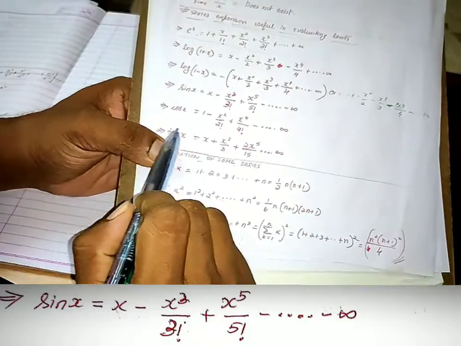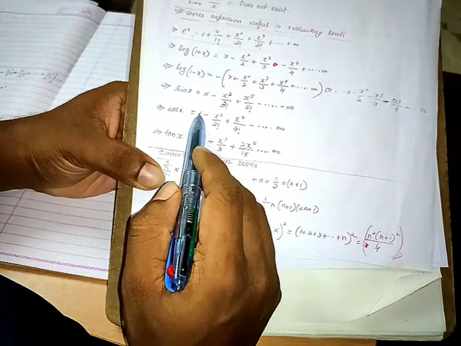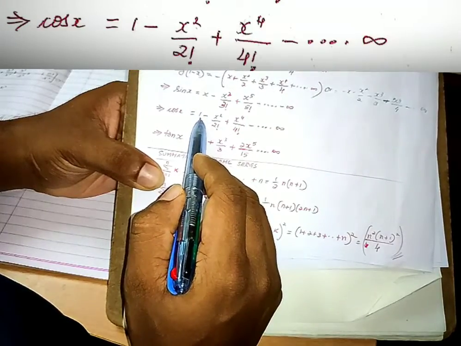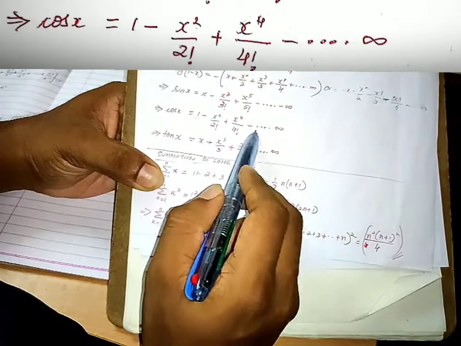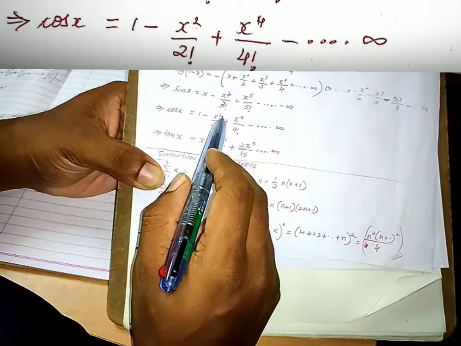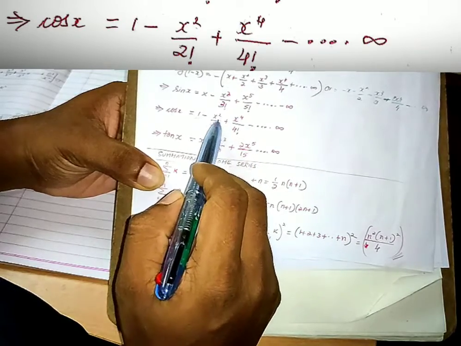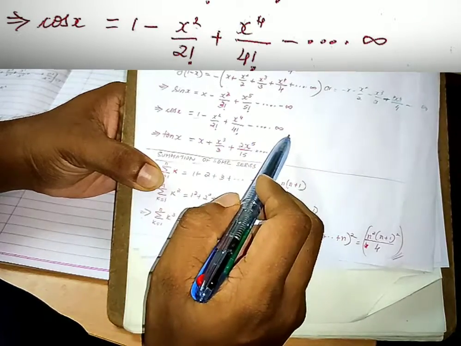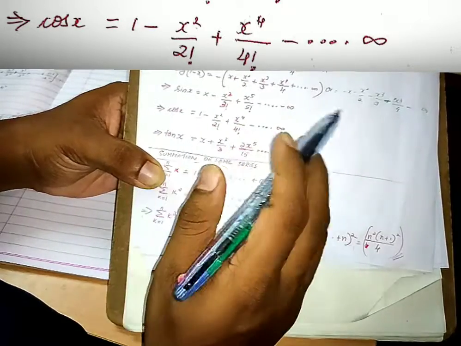The next one which you need to note down is about cos x. You can see in this one the first number is 1, okay, then the sign goes on changing alternatively, minus plus minus plus, then it is going to be even powers, whereas in sin it was odd powers, and in cos it is even powers, okay. It goes on till infinity once again.